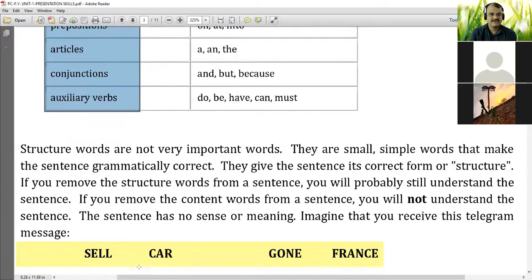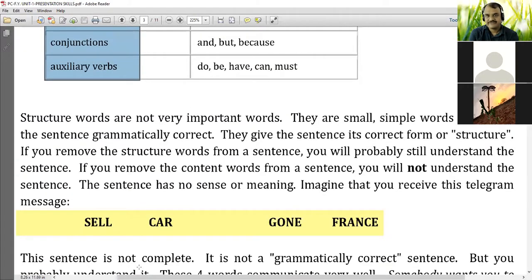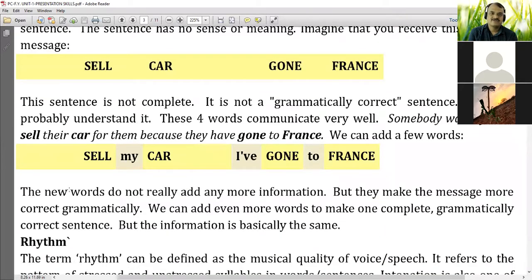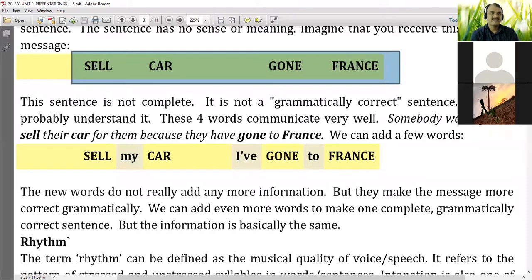So after that, let's go ahead for the explanation of same thing, that is content words and structure words, with the help of one example. So concentrate on this yellow part. What do you find? Tell me. That yellow part has been highlighted by me. Tell me the category. Which word is there in the first position? Out of these four words, which is the first word?